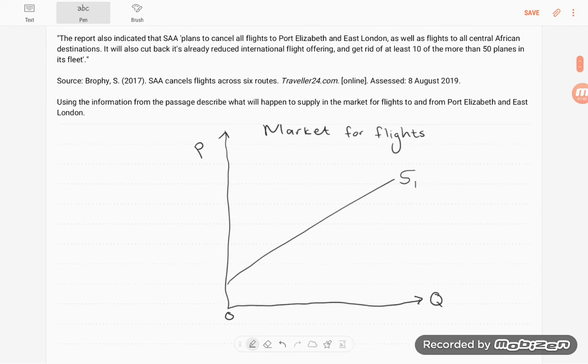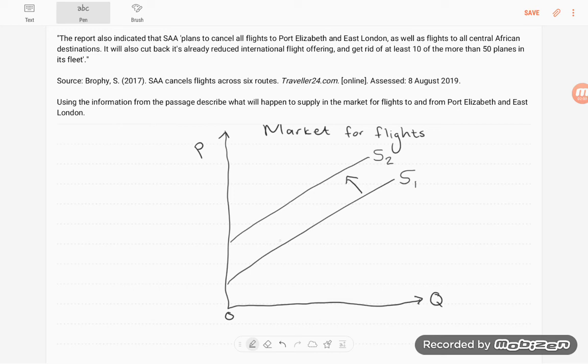If SAA cancels these flights, it means the supply of flights to and from Port Elizabeth will decrease. A decrease in the supply means an upward shift in the supply curve. Remember, an easy way to distinguish whether it's a shift of the curve or whether it's a shift